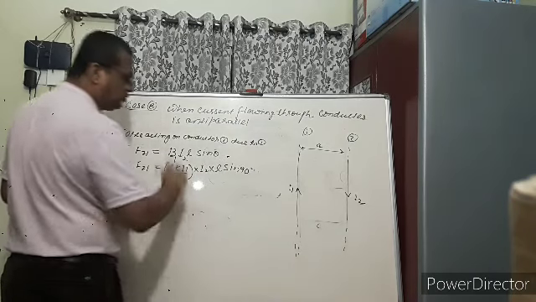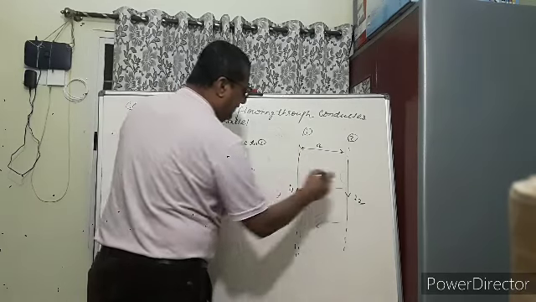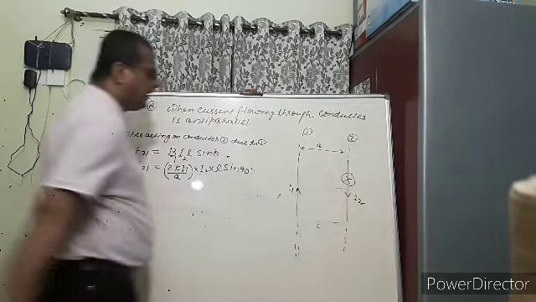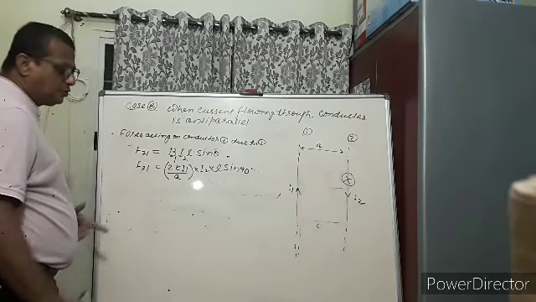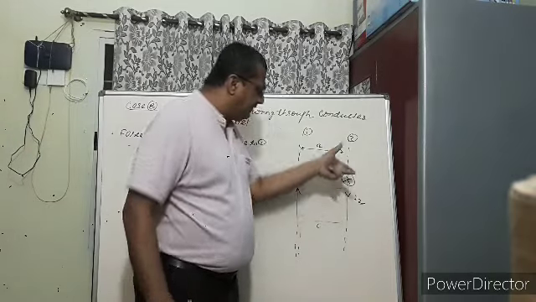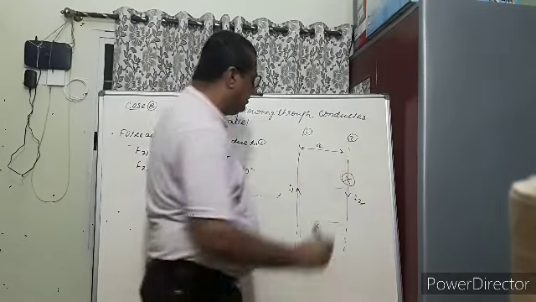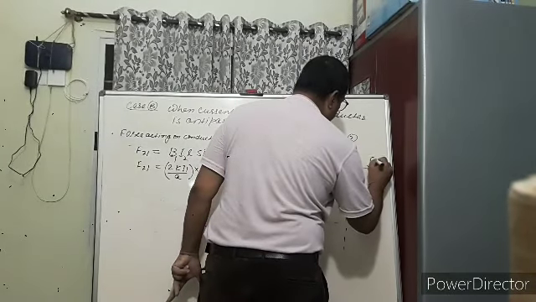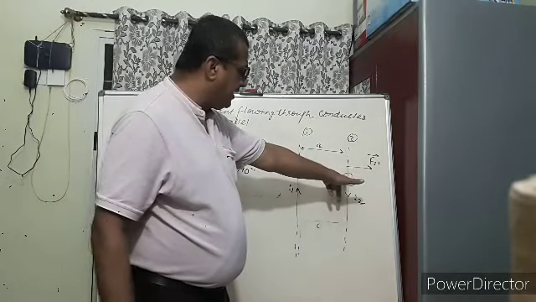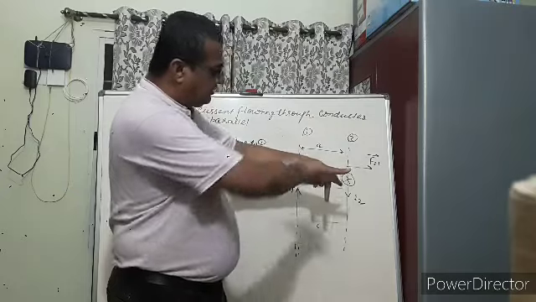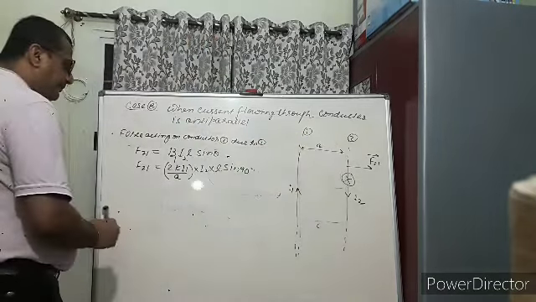90, because when current is flowing upward, an inward magnetic field acts. So here is the inward magnetic field. Now, this is the inward magnetic field, and the current is flowing downward, so the force is acting along this direction. So this is F21. Once more, the magnetic field is inward, this is the current, and the thumb is acting along that direction, so the force is acting away.